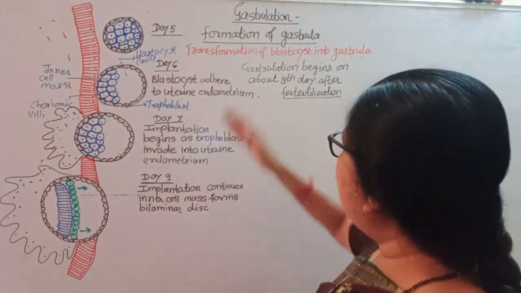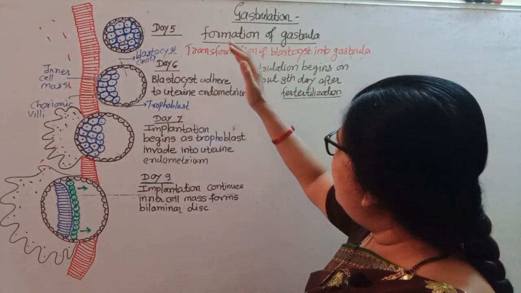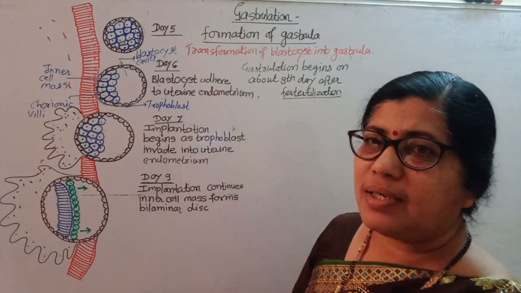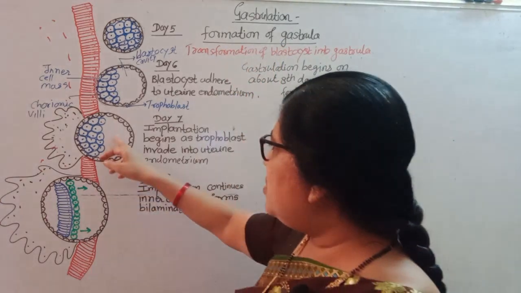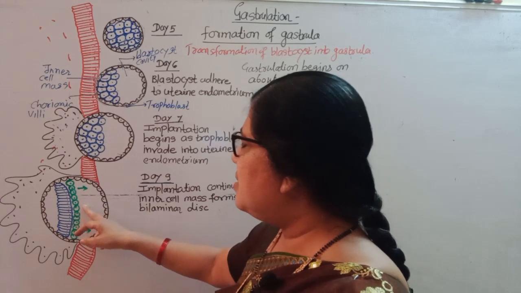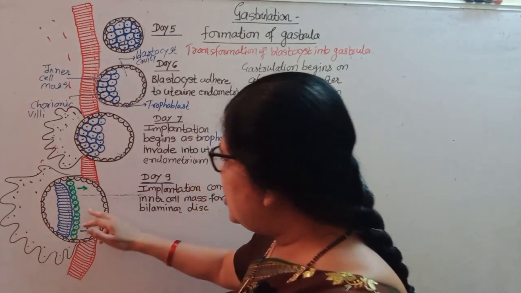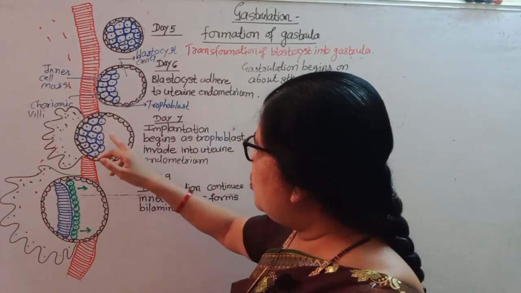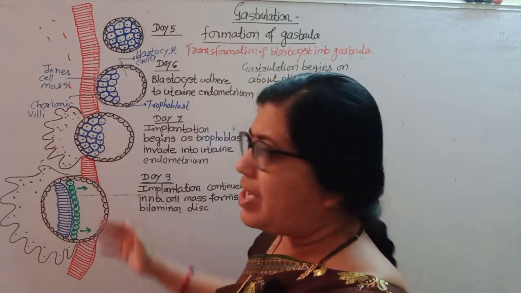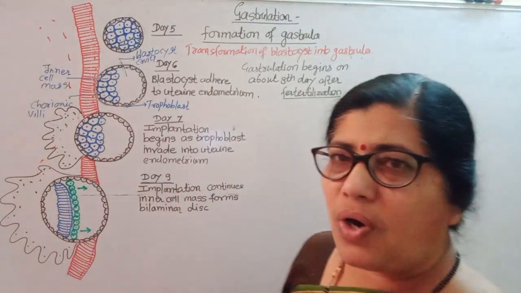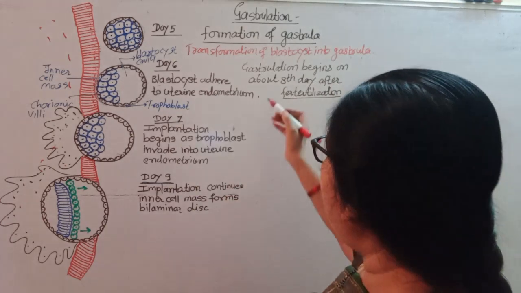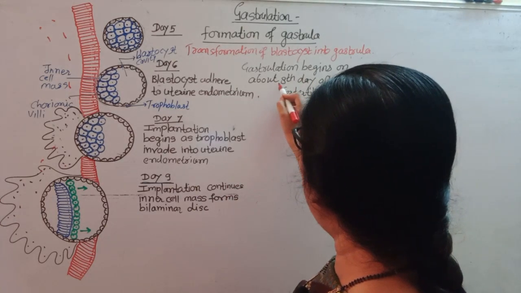Gastrulation, that is formation of gastrula from blastocyst, is called gastrulation. Transformation of blastocyst into gastrula is gastrulation, and it begins on about 8th